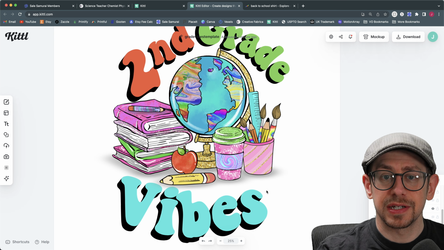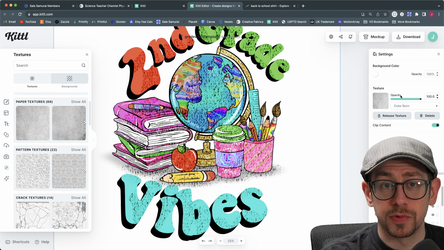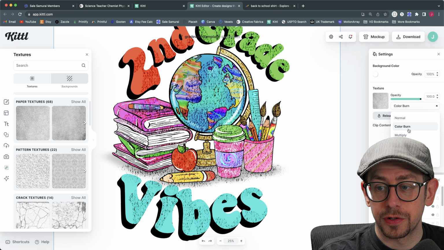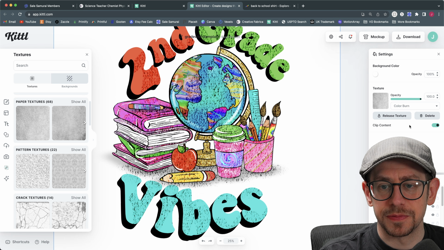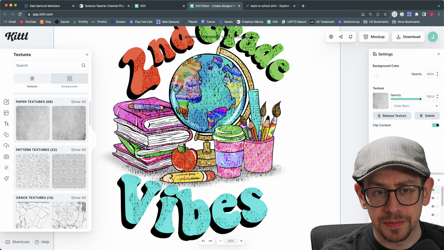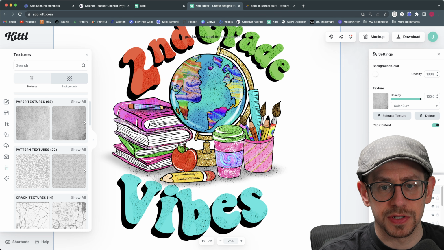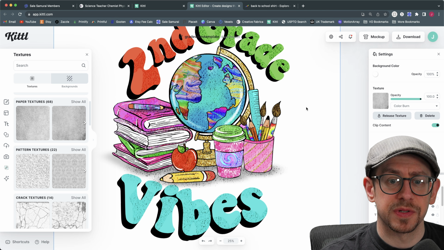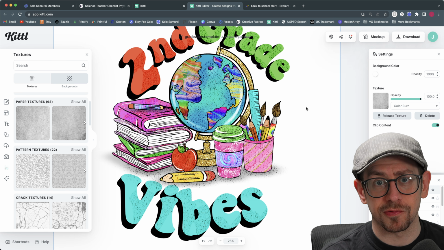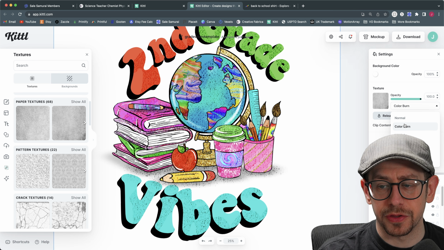And masking is something that's been around for a little bit on Kittl. And now what you have over here in the right side menu when you add a texture, normally I think the default is for it to be added as a color burn or a multiply. And that basically just means it's going to be the darker texture. It's going to add sort of that black, darker colored texture based on whichever texture you select. And that looks okay on some style designs, but sometimes you'd rather have that distressed look actually be white rather than black. And the way you can do that is by changing the effect option there on the right menu